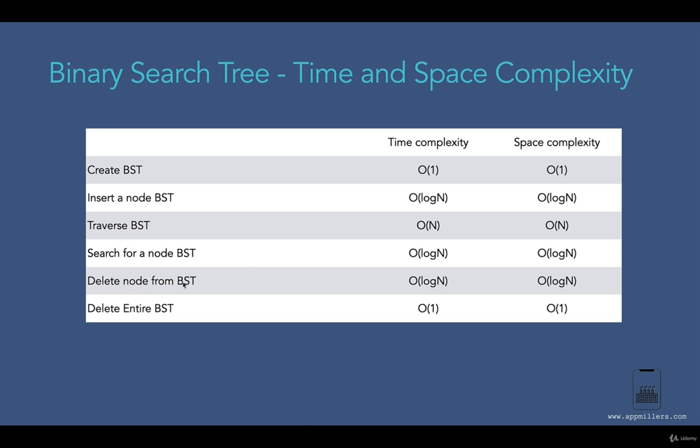As you can see from this table, in case of binary search tree, we have improved some operations. As you remember, in case of binary tree, most operations are O(n) time complexity, but in this case we have some operations which are O(log n) time complexity, which means that binary search tree performs better than binary tree. That's the main reason we need binary search tree.